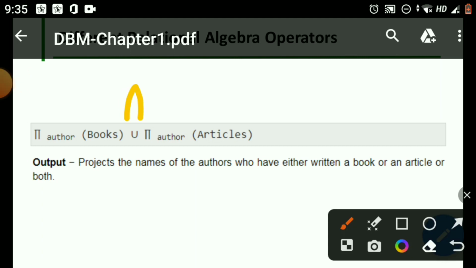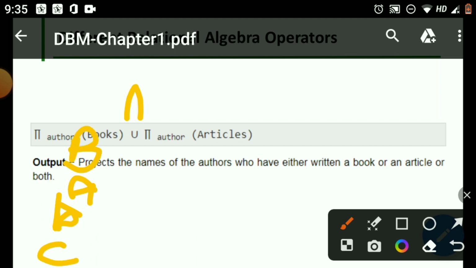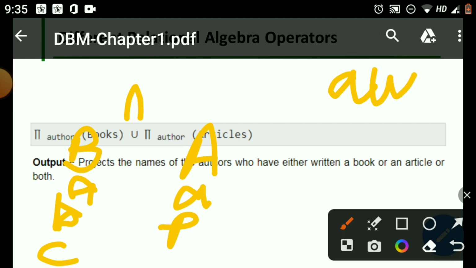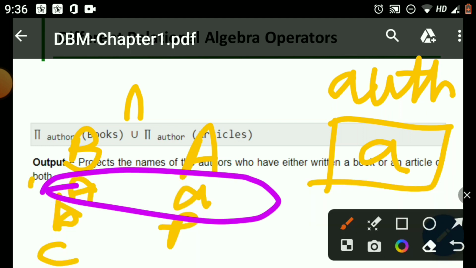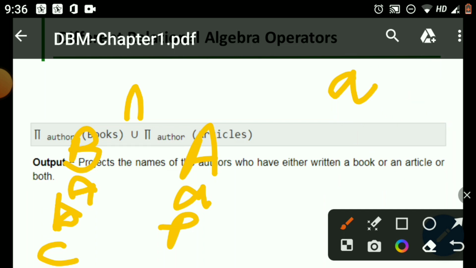We assumed the data of author as A, B, C in the book table's author column and A, P in the article table's author column. Now A is common, so the author column will display only A, as both have A, which is the intersection.